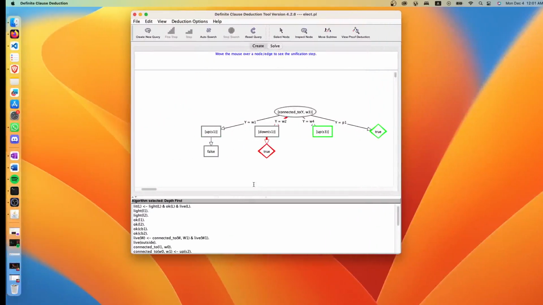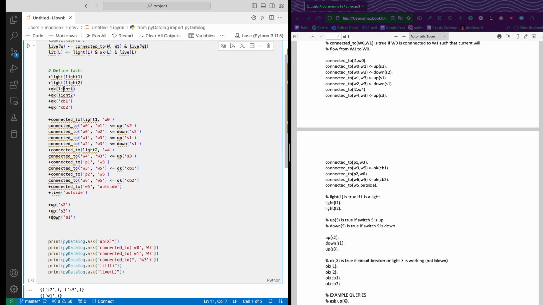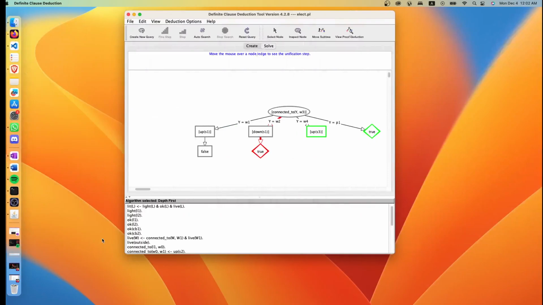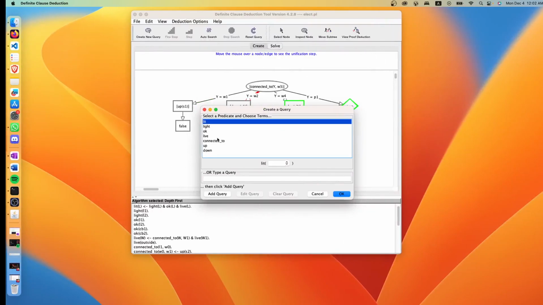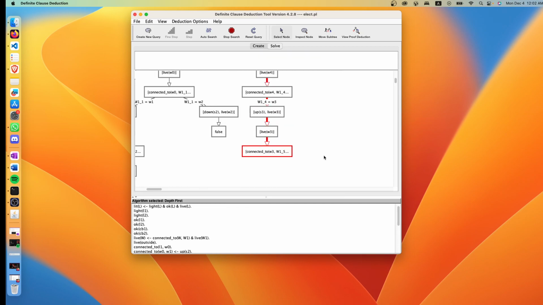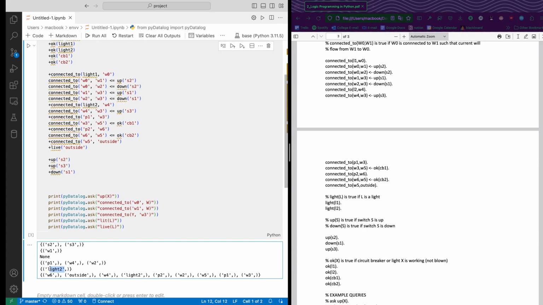And same for lit L. These last two were a little confusing for me because I was giving them as values rather than variables, but after thinking and giving them as variables, when I now search lit L, yes, we get the answer lit L, and the reason for that is L2, and same light 2 is the reason for that. And if we ask live L,